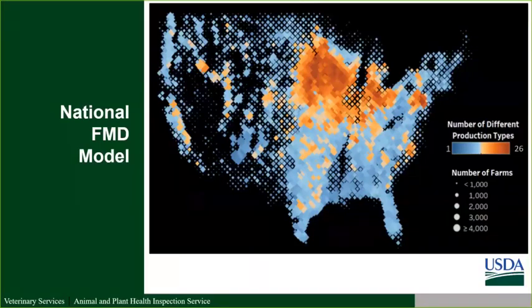We have goats, sheep, and swine, and then we have dealers, processors, and slaughter plants, and then livestock markets for all of those species. Our production types are further broken down by size due to differences in management practices and movements that can affect disease spread. In total, we have over 1.2 million farm units within our national foot and mouth disease model.